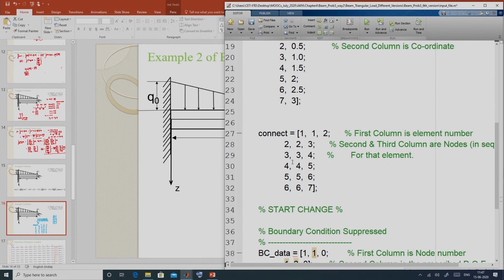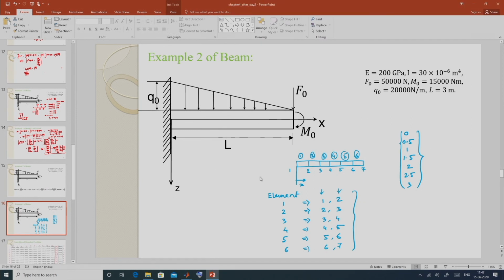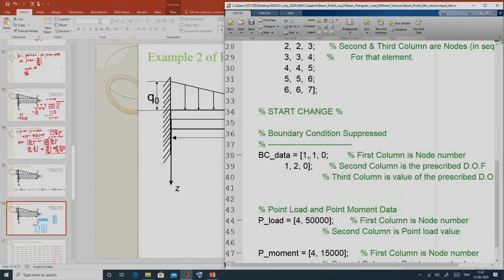So, this is our connectivity information. Now, regarding our boundary condition, still it corresponds to the first node, that is degrees of freedom 1 and 2 corresponding to the first node, they are now 0. So, boundary condition information remains the same.